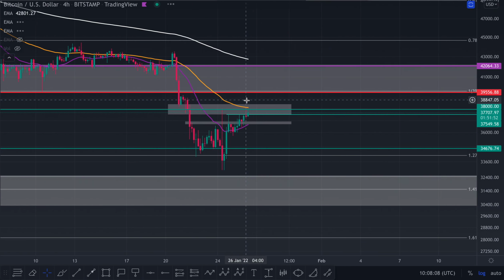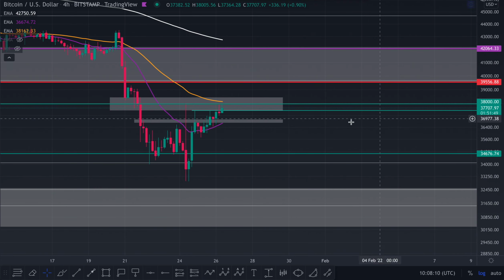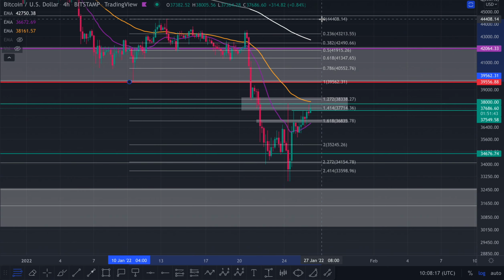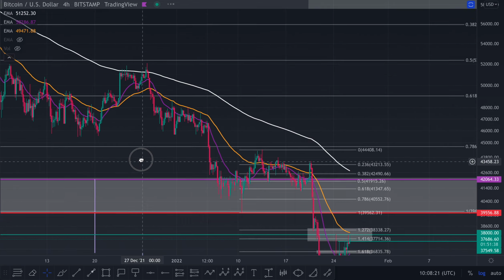Now let's go to the 4-hour time frame and look a bit closer at what is actually going on. So I just want to check these fibs quickly. Yeah, so look here. So we've measured from the swing low to the swing high. You've come down